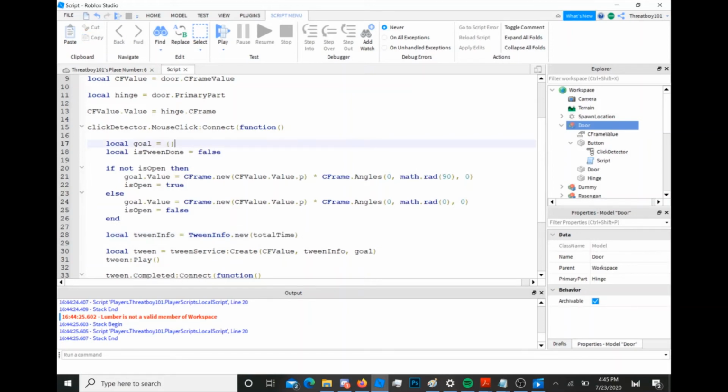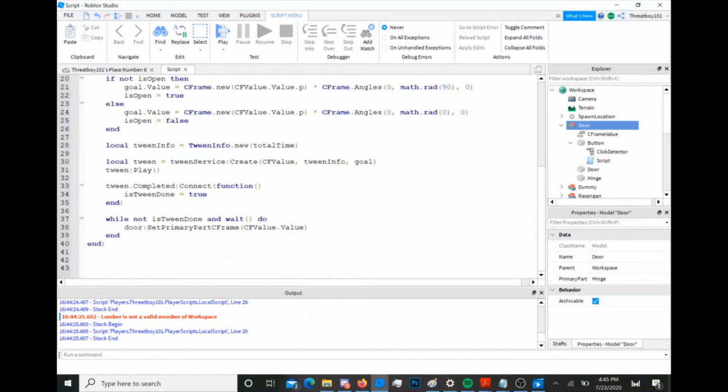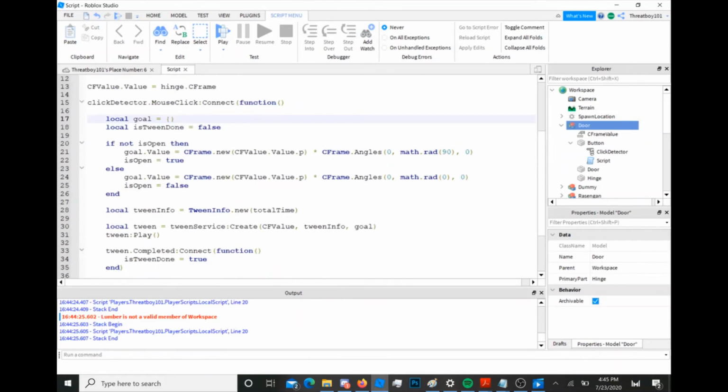So we have to change how much time it takes for the tween to complete,